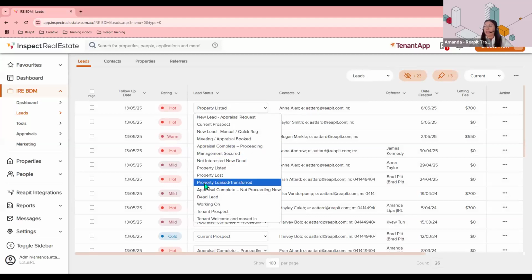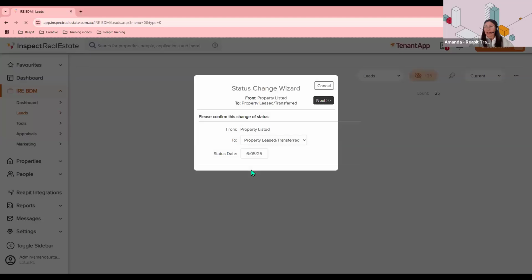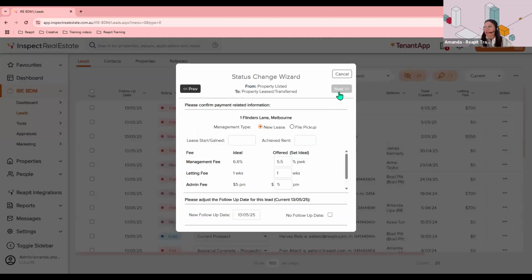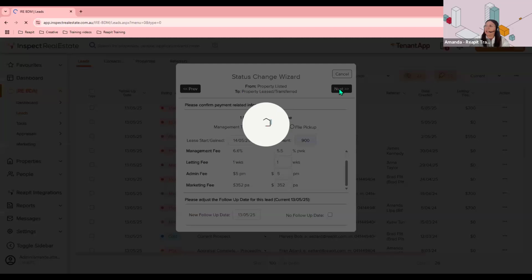Moving along, once the property has leased, we would change this status to property leased transferred. Again, referring back to our IRE BDM Series 1 last week, when I'm changing this status, I'm now inputting the data as to how much rent I've achieved and also when the lease start date will be. Or if I've picked up a management, I might change this to file pickup because it might have been a transfer of management. This is all going to record through into your reporting. Click next